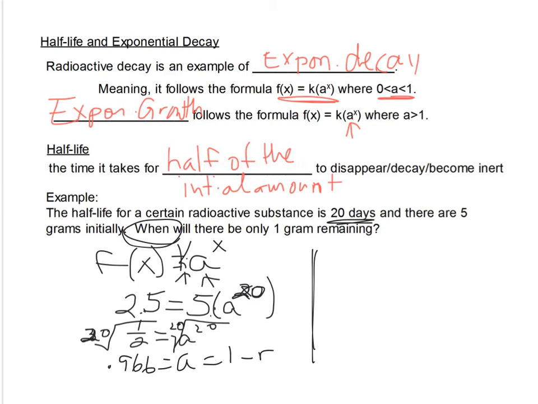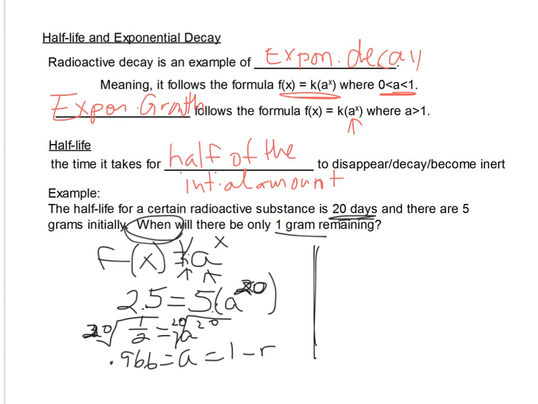It said, when will there be only 1 gram remaining? So part 2 of this is to go back to your equation and say, okay, I know my A, I know my K, my initial amount, I know my rate, my 0.966, and that we will have 1 gram remaining, so that's our f of x part. So we have 1 equals, and then our P or our K, our initial amount is 5. We figured out our A has to be